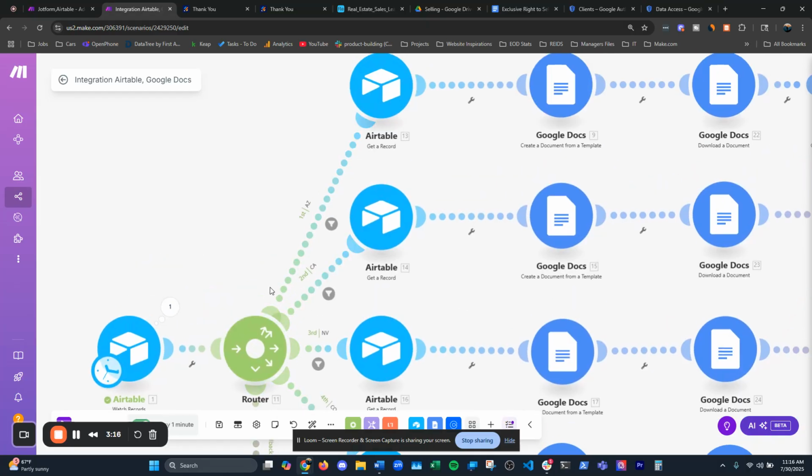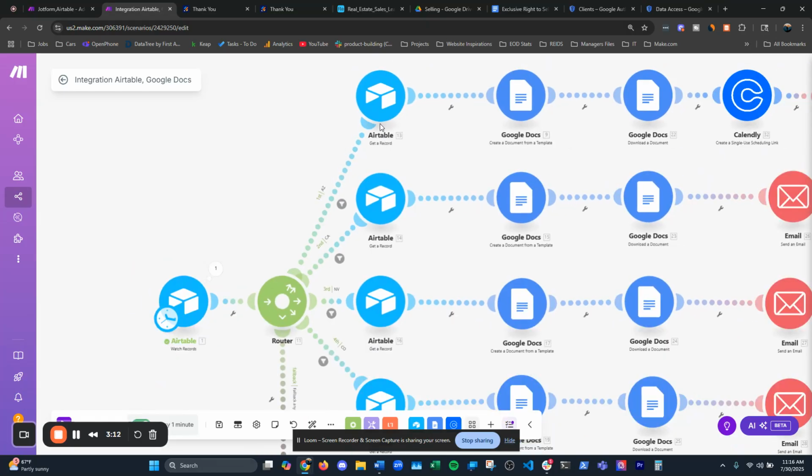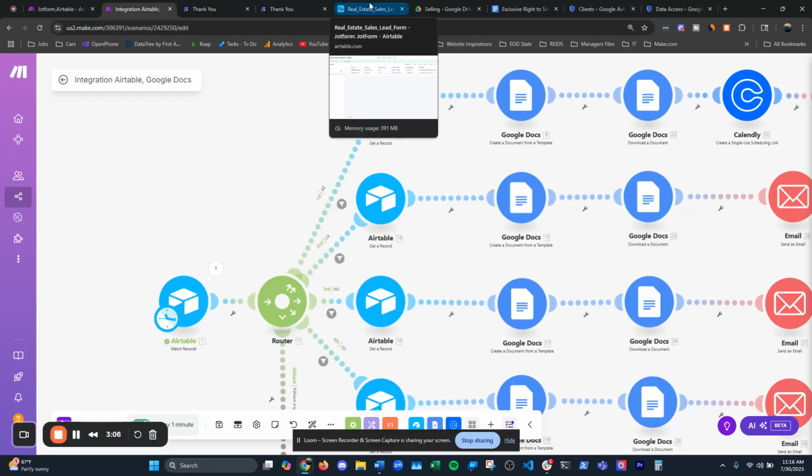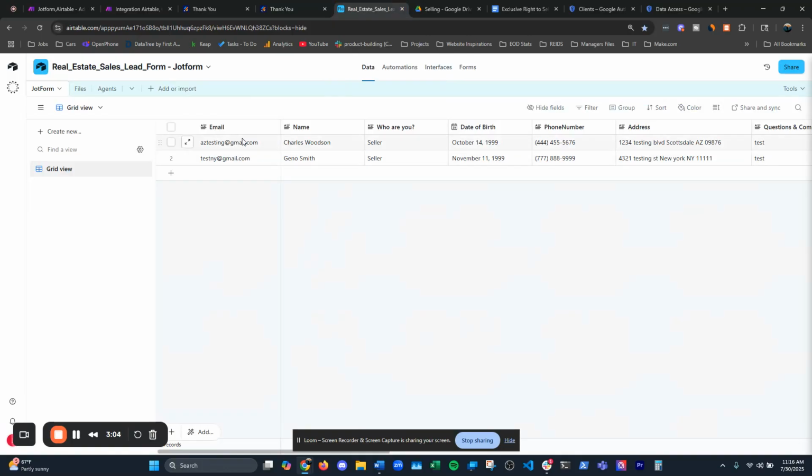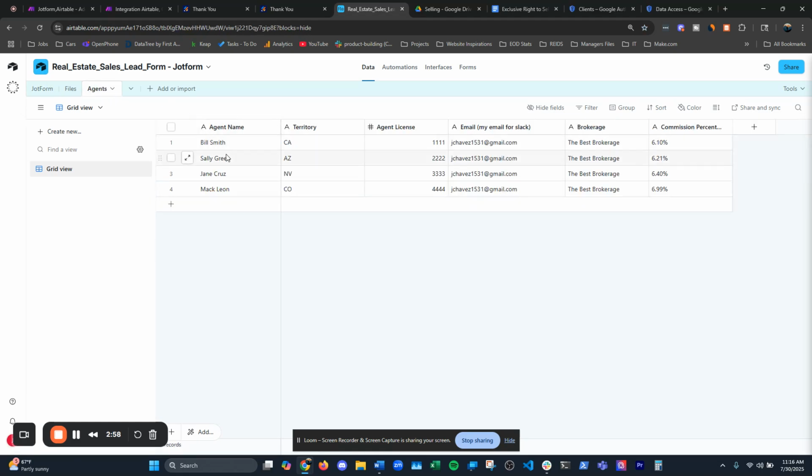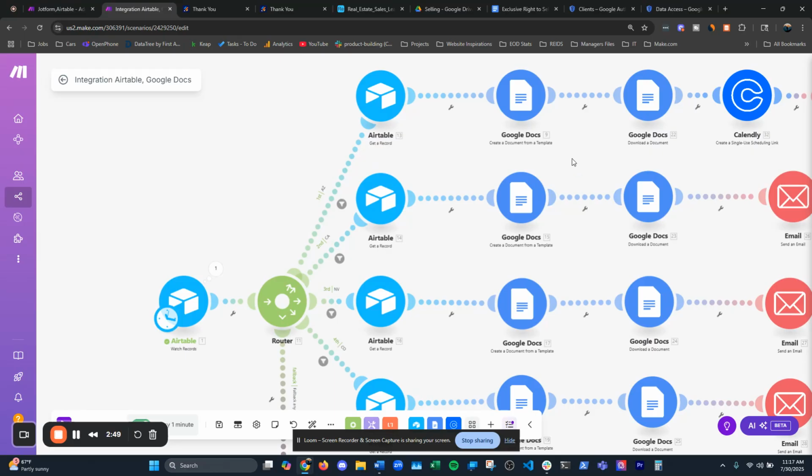So for Charles Woodson, his property was in Arizona. It comes here. Now these four here, it'll look at our CRM and it'll grab the territory manager's information. Here's actually the two submissions, Charles Woodson, Geno Smith. And then here on our CRM are the territory managers. Now for Arizona, it was Sally Green. It'll then